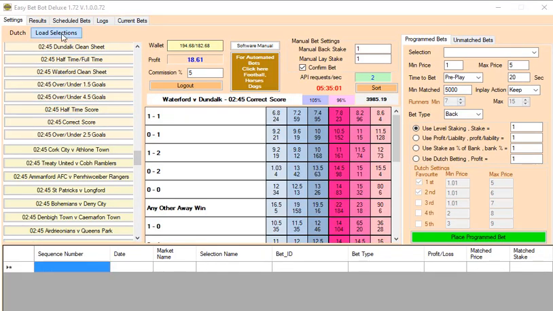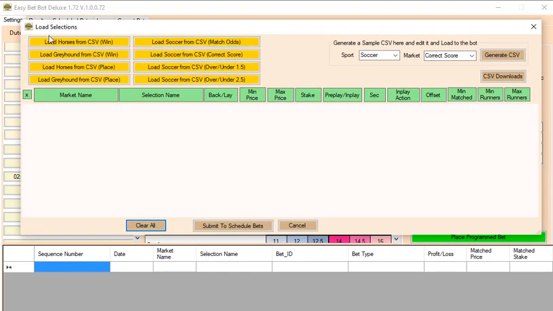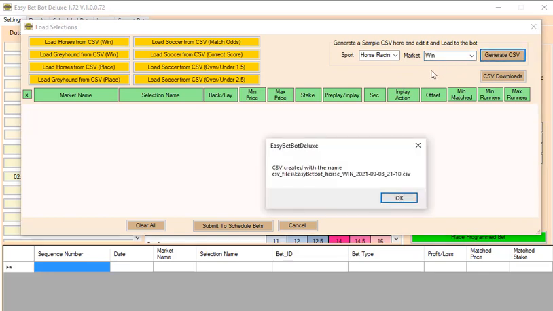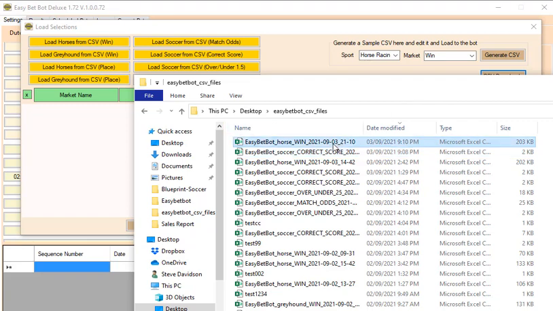the CSV and Excel options. So this is where we go to load selections, and we come up with another pop-up screen. Now on the left hand side here, this is where we put the CSV into the bot to do the betting, and on the right hand side, this is where we actually import a CSV. If we go to horse racing wins, we can import the next 24 hours of all the horse racing that Betfair is covering. So if we click on the CSV now and open this file,